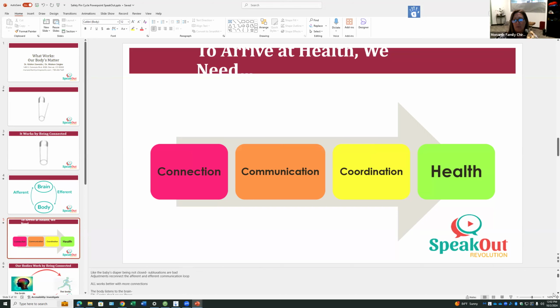So coordination really comes into play with how all these systems in our body and in our structure and in our spine are communicating and then coordinating that communication for an output, right? For an outcome. And so when we look at how we listen and how the body listens, we're looking at what the body needs in order to coordinate, right? So if the body has that information break, then there is that disconnect, right? And our body can't work optimally. If that connection is there, it can coordinate all the signals it needs to get,